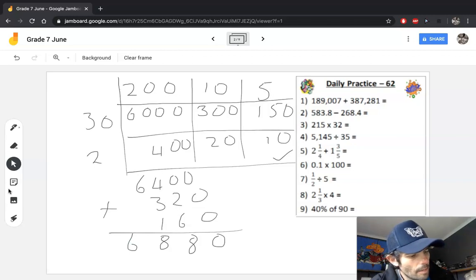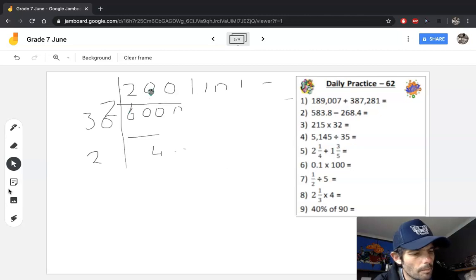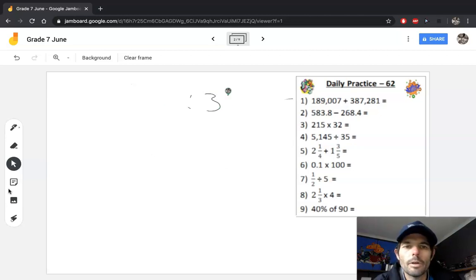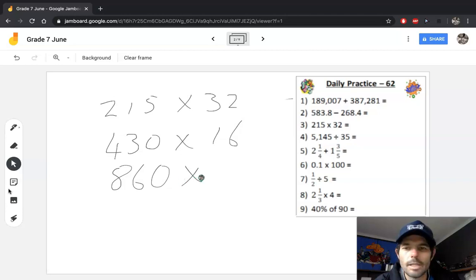Okay, and doubling and halving will look something like this. Just give me a second to clean the board. So if we have doubling and halving, 215 multiplied by 32, I've got to double the odd number, and I've got to halve the even number. I can double the 215 again, I mean 430, and I can halve 16. Okay. If I wanted to, I could double it again. That's going to give me